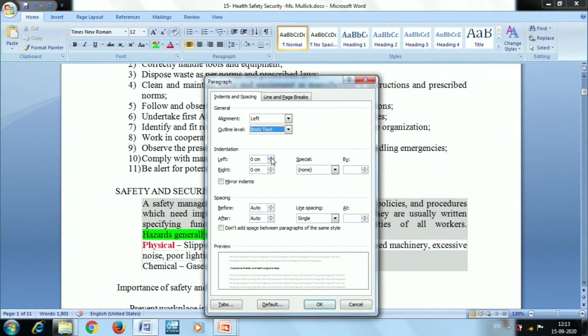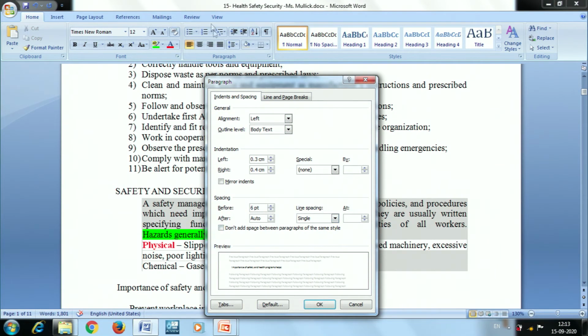And if we want to give indentation for the left and right margins, I can change that. Here it is 0. If I want to increase it, or give the right indentation also, I can give it. And this is about the spacing before the paragraph and after the paragraph. By default, if you select auto, whatever space has been set automatically will be given. If you want to change it, you can do it by clicking the up arrow or down arrow. So if I want to change it from 5 point to 6 point, then I can do it.